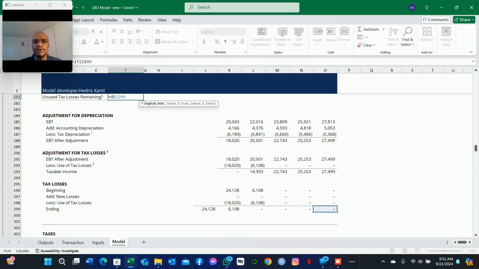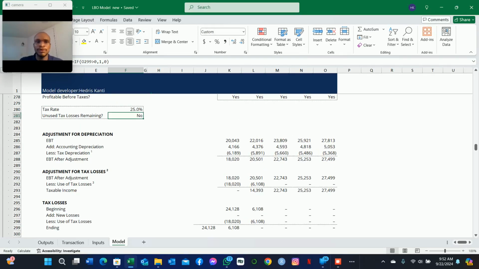So that's exactly what we are saying here. So we say that if this balance is greater than 0, give us a 1, otherwise give us a 0. So in this case, it says no. So we can also go to those